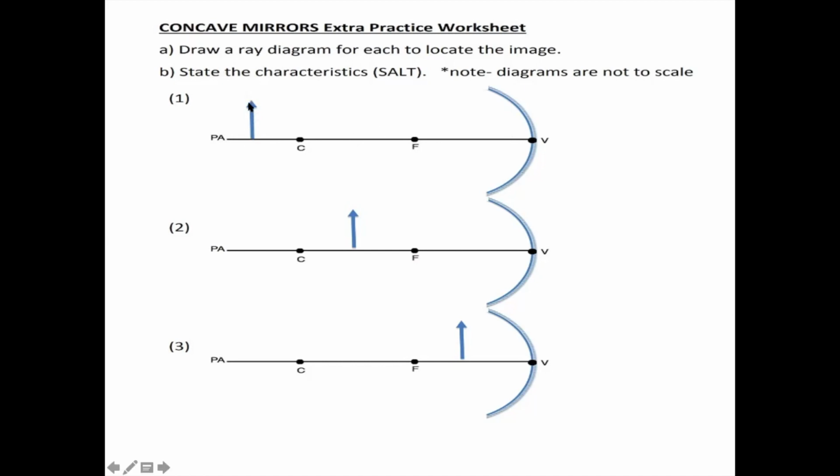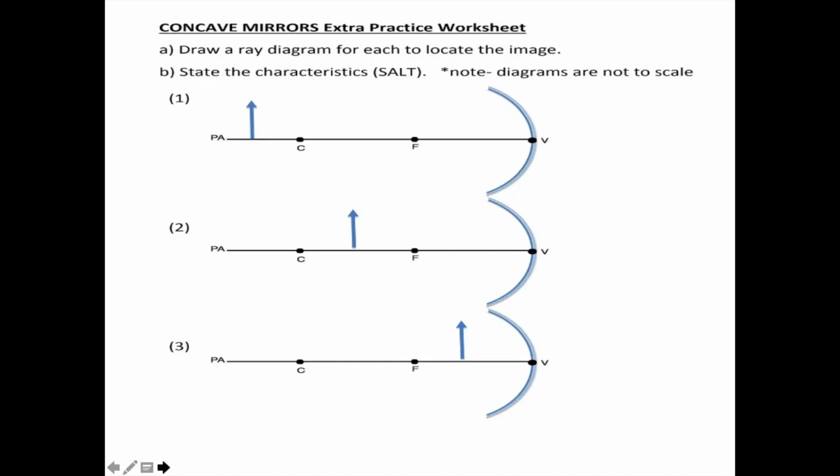What is the position of the object? This is the center of curvature, this is the focus. So it is beyond C. What is the position of the object over here? It is between C and F. And what is the position of the object over here? Within the focus, between F and the pole. But when you are drawing, make a circle in such a way that this should be C, and between C and V, it should be V. Otherwise you won't get the figure right. Clear? So these are the questions that I will be asking, and you can draw the figures accordingly.